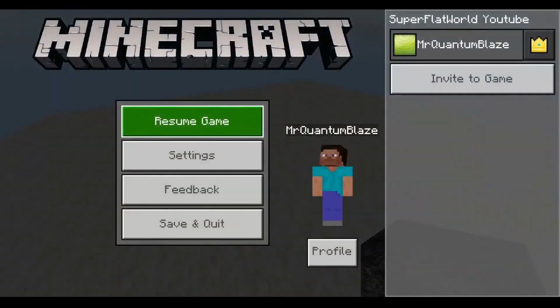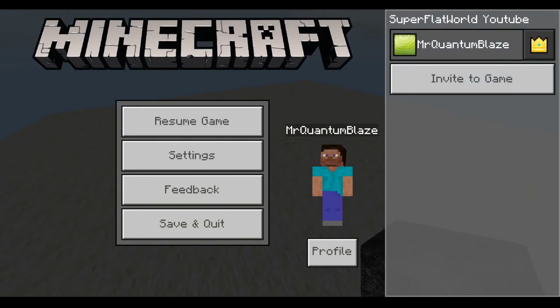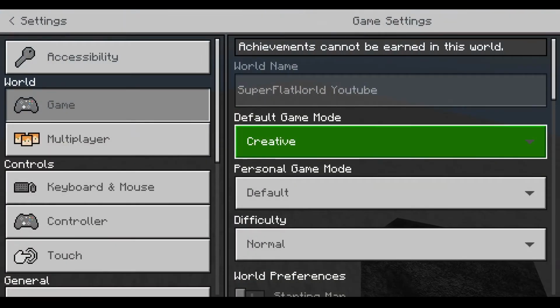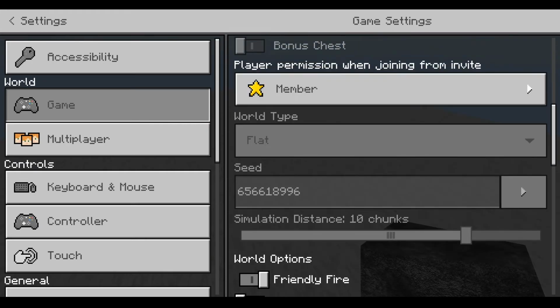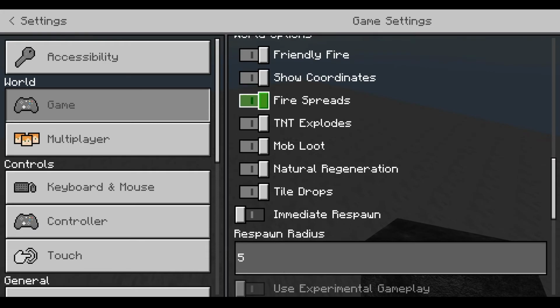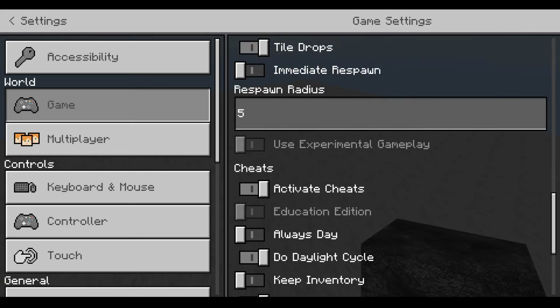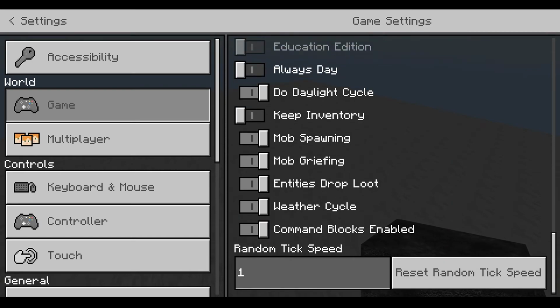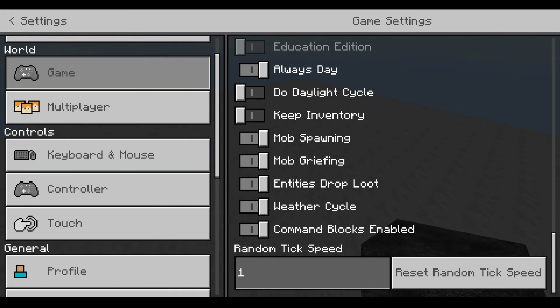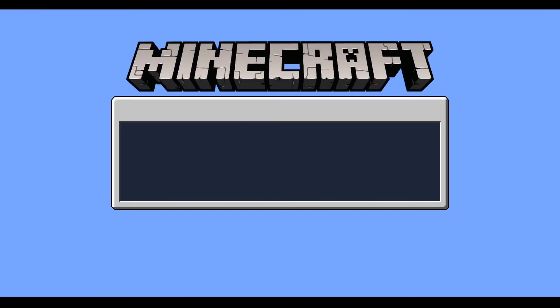First thing we're going to do, we're going to have to change some settings in your world if you are following along at home. If we scroll down, we need to show our coordinates because that's going to become very useful as we develop more things for it. We also do want to use experimental gameplay on, but we will have to restart the world, so I will do that in a second. For now, we're going to put always day on. So what I'm going to do, if I save and quit the world here,